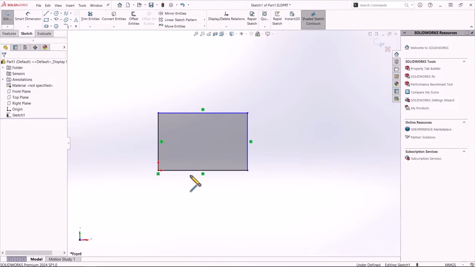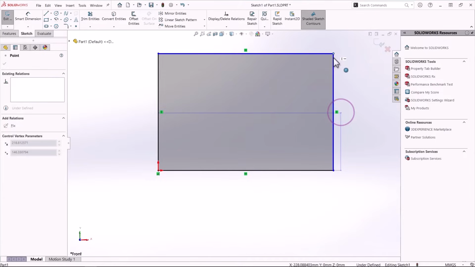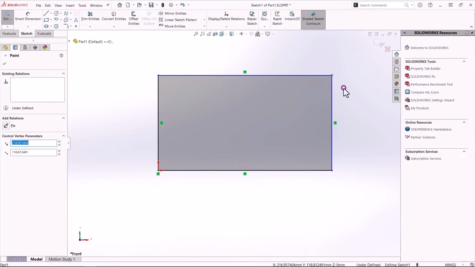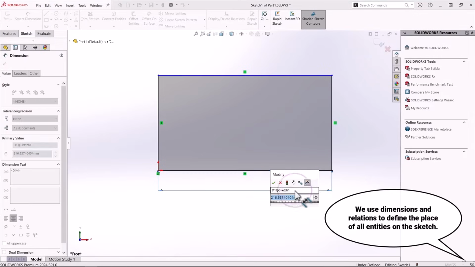Think of it this way. Currently, this point has a fixed position on the xy coordinate system at point 0. This is our origin. However, the endpoint of these lines is not fixed on the xy coordinate system. To fix their locations, we need to add dimensions to define their positions.